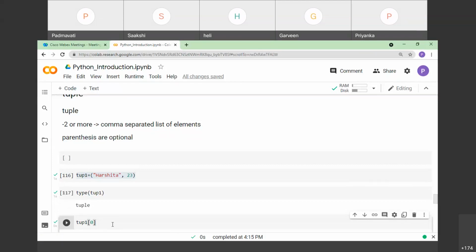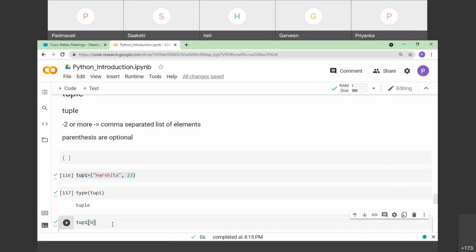So how do I access the elements? In other programming languages, you might have seen arrays. In an array, how did you access the elements? You used to access the elements with the help of indices, right?